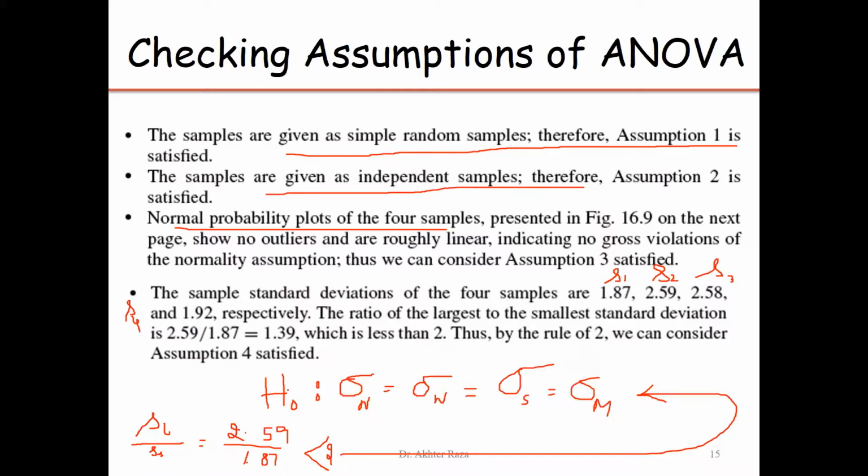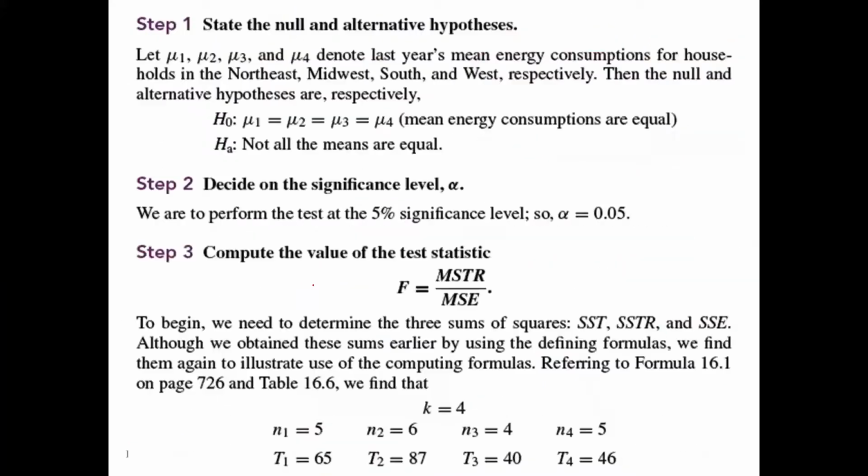In this case, the ratio of the standard deviations is less than 2. I can take the perception that the population standard deviations are the same. Population standard deviations play an important role in the background theory of analysis of variance. This assumption is fulfilled. So all the 4 assumptions are true, and we can implement the ANOVA, or the analysis of variance.